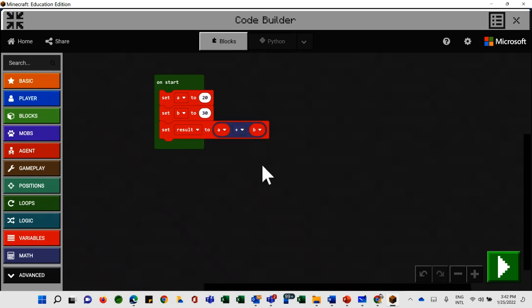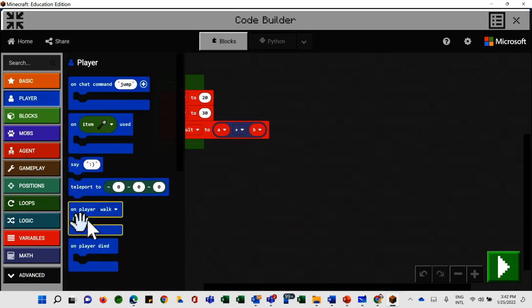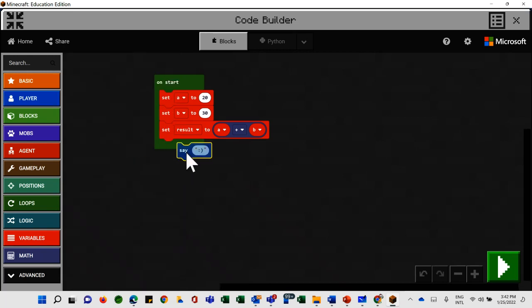Yes, and the next thing, if you want to display the value, how are you going to display it? So instead of splash, here we can use the say block, right? And in this say block, if you want to display two things, one is the string value as it is, the same message, and the other one is the result, the variable name. So how are you going to do that? So for that,